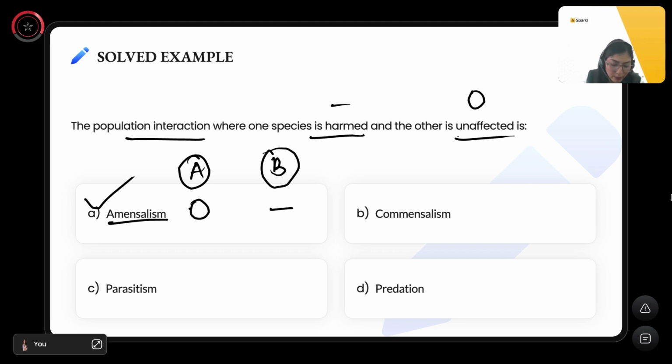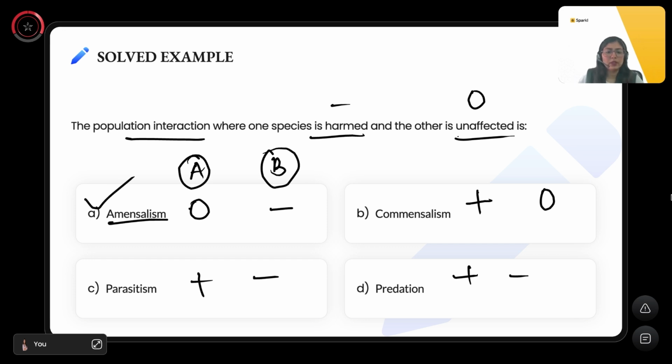If I talk about commensalism, in commensalism there is a positive zero interaction wherein one species is benefited, just opposite to amensalism, and the other one is neither harmed nor benefited. If I talk about predation or parasitism, here one species is benefited, the other is harmed in both predation and parasitism. Okay,